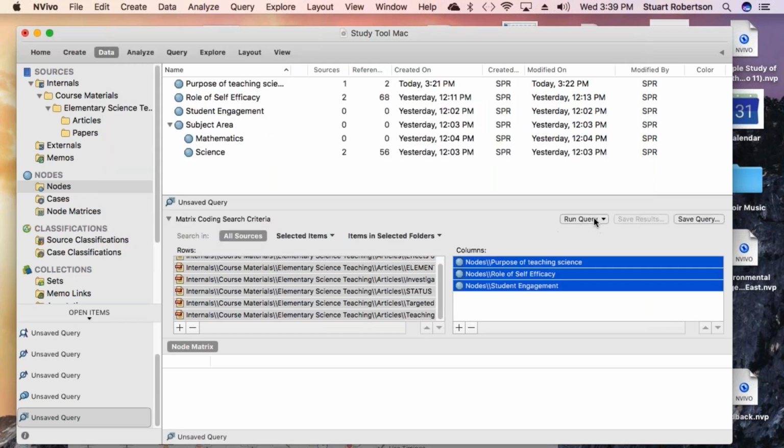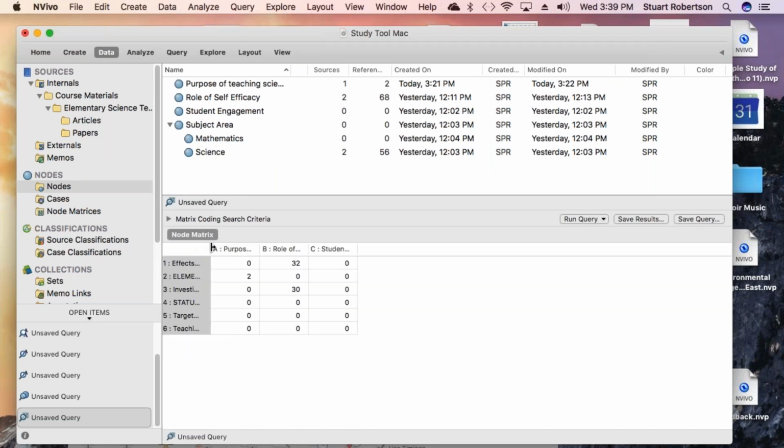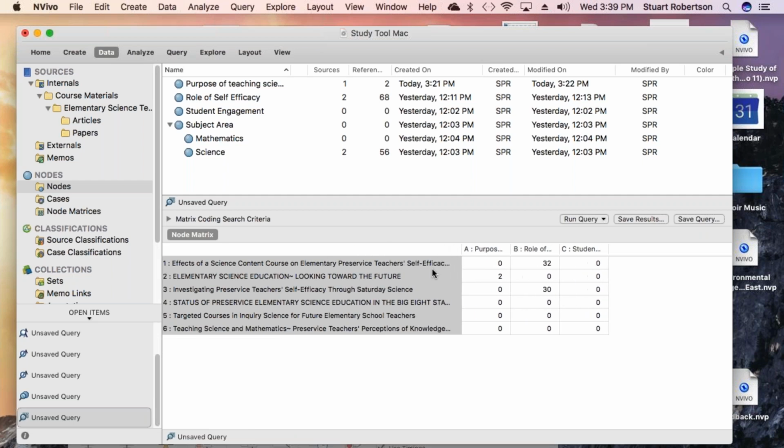When I go ahead and run the query, NVivo allows me to see in a nice crosstab format which articles are talking about which topics. And that way, if I'm writing a section on a particular topic here, I can go to that article and